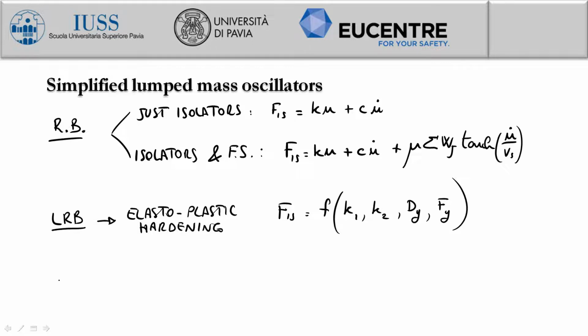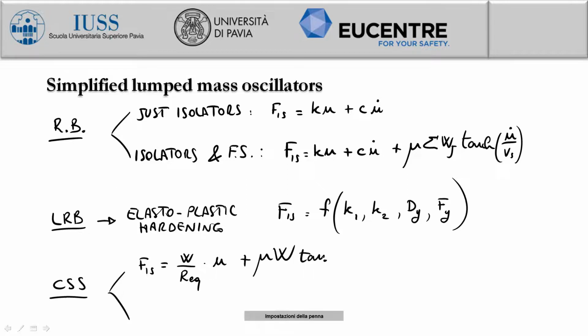Regarding the curved surface sliders, we have two ways. F isolation is equal to, we have just the stiffness, which is W divided by R equivalent times the displacement, which is the recentering contribution, the linear one, plus friction coefficient, vertical weight times the hyperbolic tangent of velocity divided by Vs,